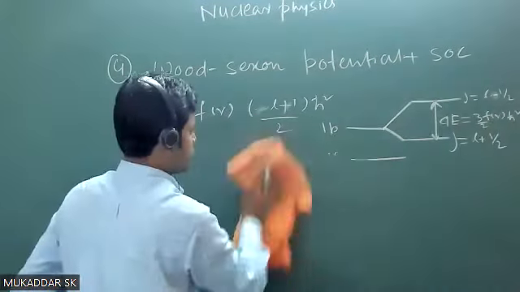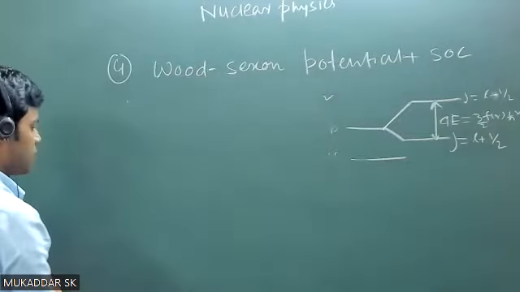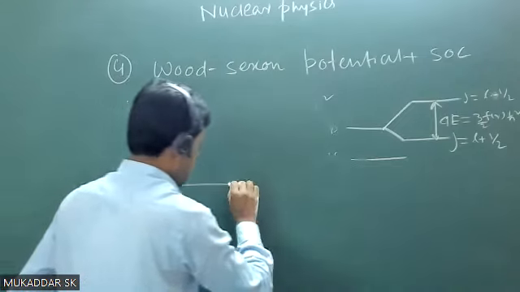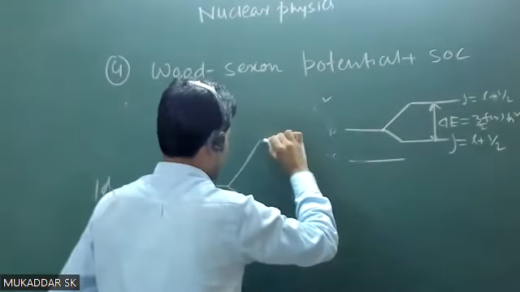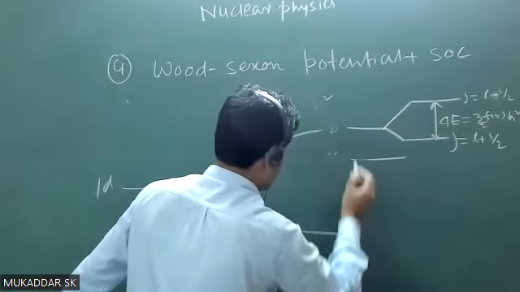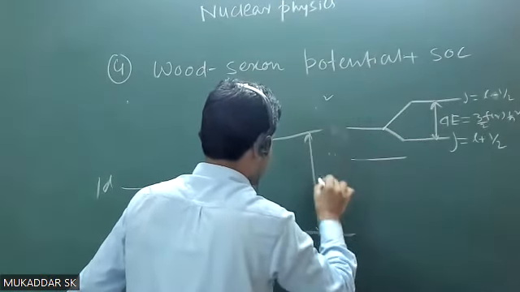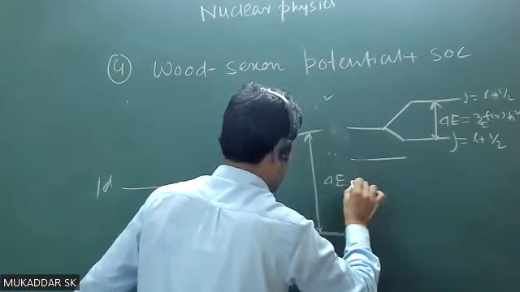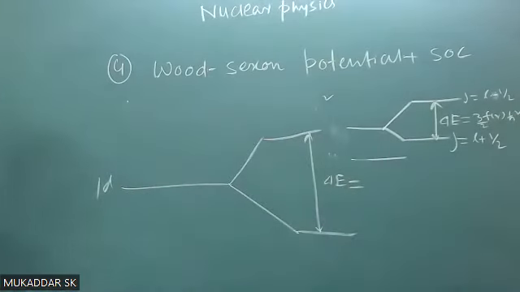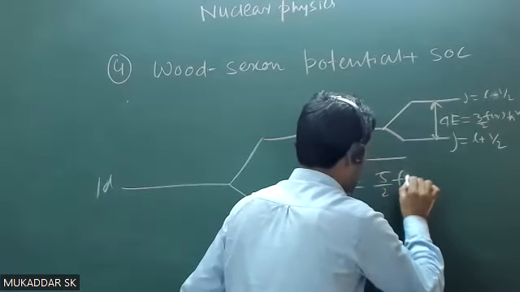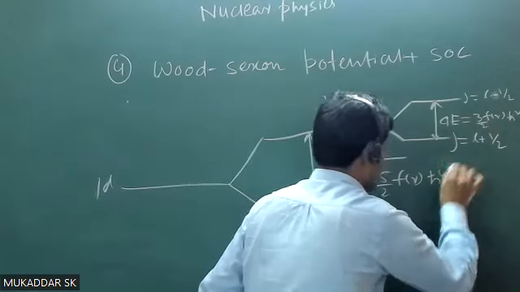For D state, it will be how much? Next state is your D state. Suppose you have a D state. So for D state, again there will be two-level splitting, right? So will the splitting be more or less here? This delta E will be how much now, when you have a D state? You check, that will be 5/2 ζ_nl ħ²,